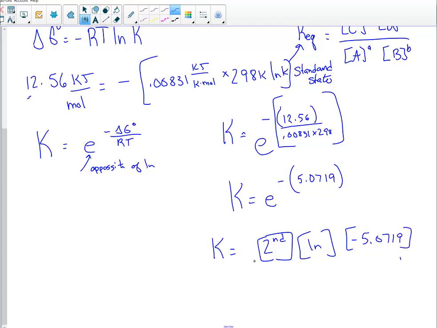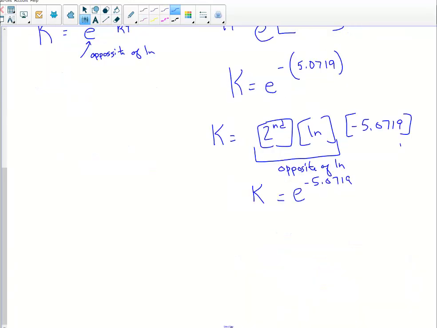Second function ln is the way that you take the opposite of natural log, and that's going to be E raised to the negative 5.0719. Alrighty, so I'm going to hit second function natural log. I get an E with a little caret key on my screen, negative 5.0719, close parenthesis, and the equilibrium constant came out to be